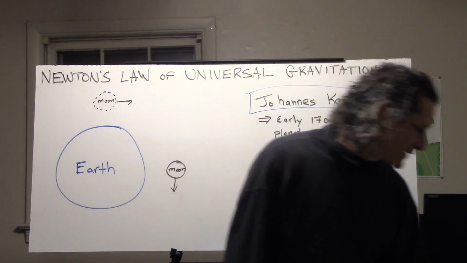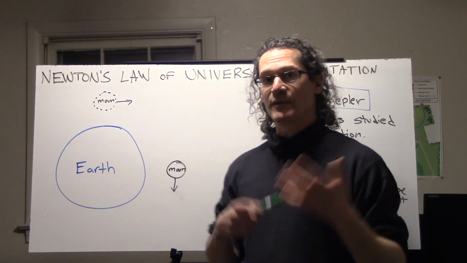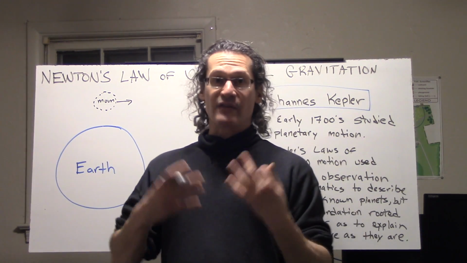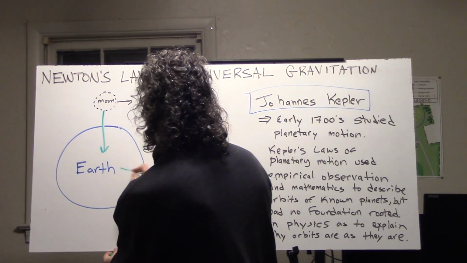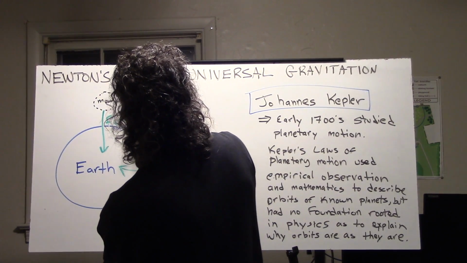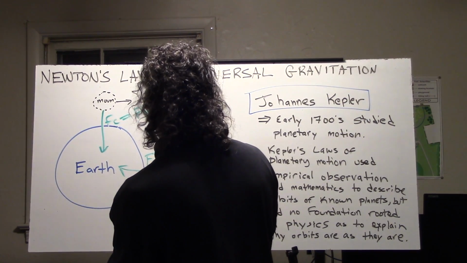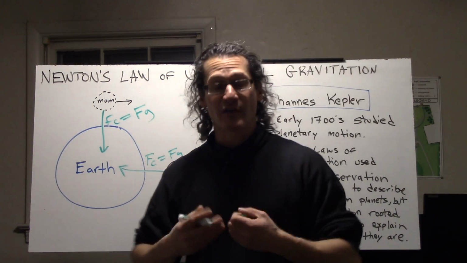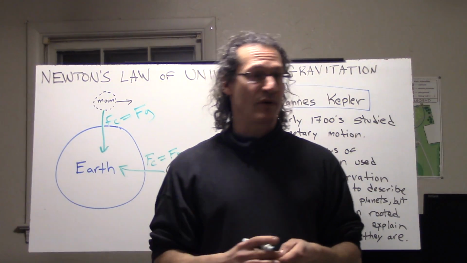So what he realized is that the moon would circle around the Earth, and there had to be some force bringing it in. And because it's circling around the Earth, what we have just learned about is this thing called centripetal force. There has to be a force that points towards the center of the Earth. And this centripetal force he called gravity, all right? And he also noted that all the objects that fell on Earth were subject to the same force. This is the force of gravity. So that link gave him a clue as to how to explore this new phenomenon that he coined gravity.